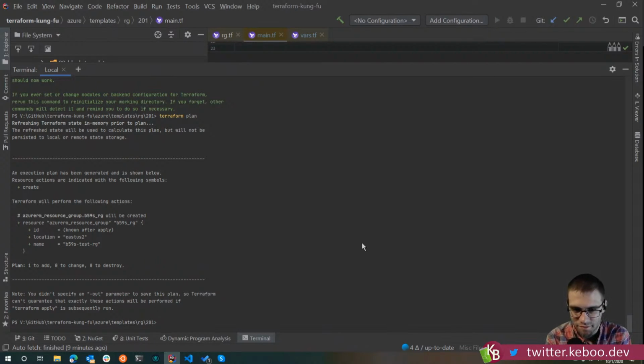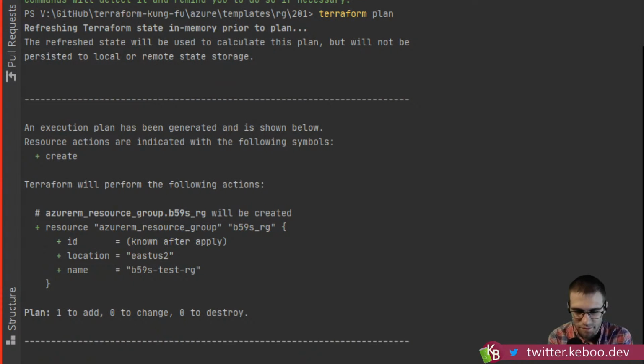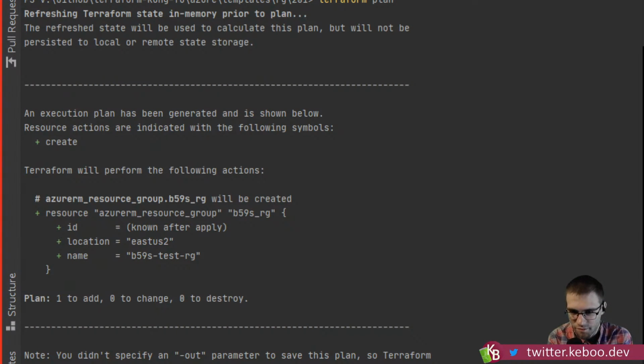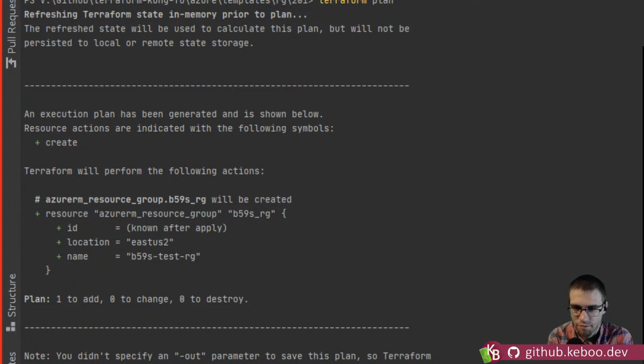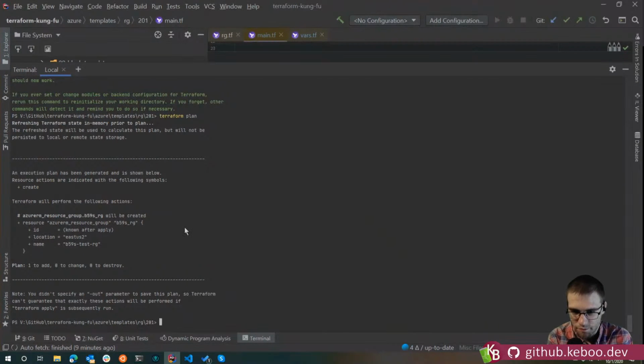So here we see, obviously we've got a different name. I just wanted to do that so we don't have to go delete that other one. And we've got basically the same sorts of things because it's the same type of code. It says East US2 for the location, right? So I could do an apply and run that now. So let's try to inject a different variable there. Do I need to do another plan though, right? Because I want to inject the variable.